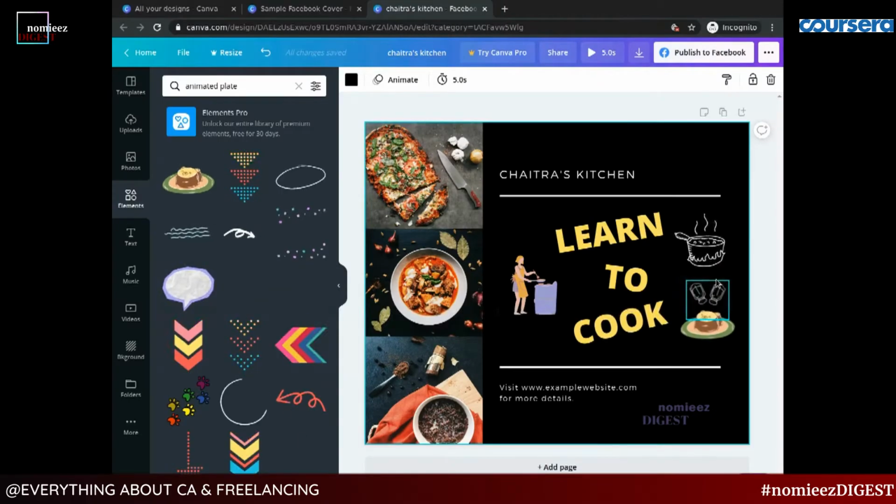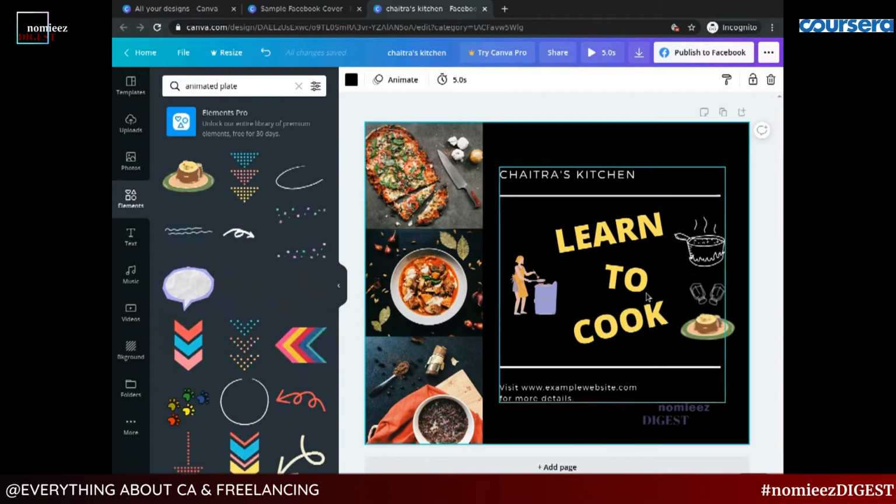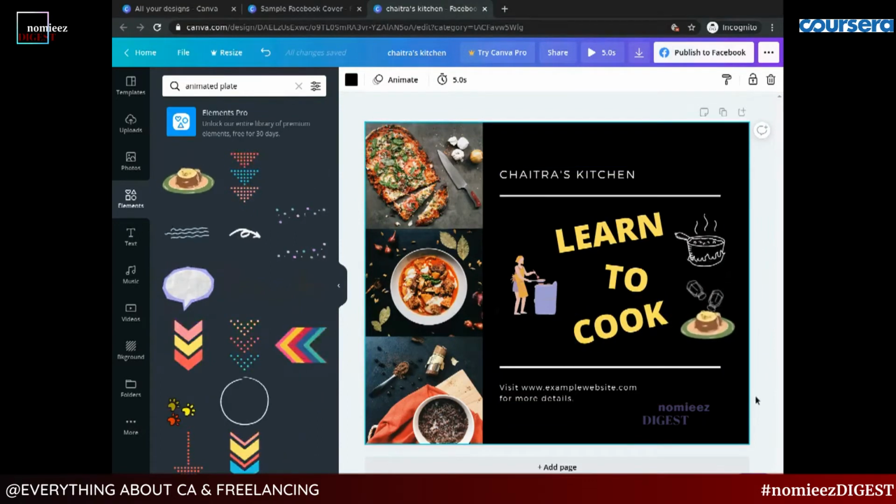Welcome back. In the previous task we learned how to create this Facebook post. In this task we are going to prepare this Facebook post for publishing. So complete the above steps before moving on.